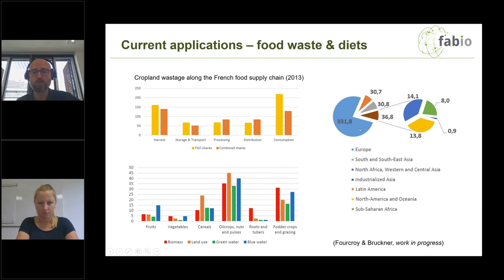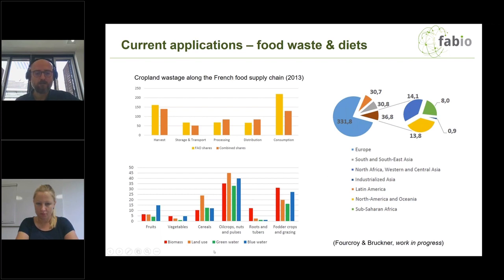Most of it is from Europe, but then there are 31 square meters wasted by each person in France coming from Latin America, and also 31 meters coming from South and Southeast Asia, and